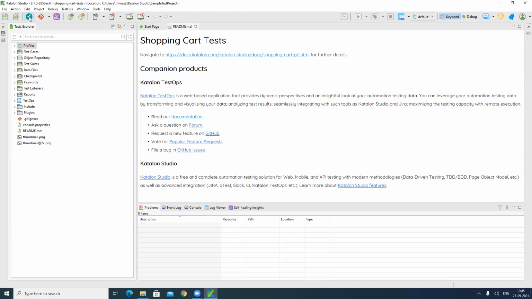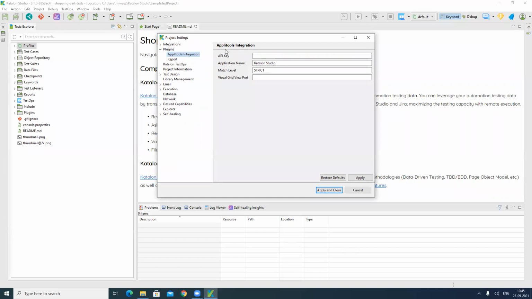The next icon we see in the top bar is the icon for Applitools. Basically Applitools is used for visual testing. Visual testing is, suppose the application is there and there is one page you want to test in different browsers, to check that it looks the same in all the browsers, meaning the UI of the page is not broken.